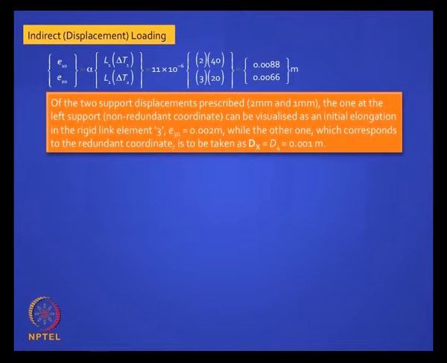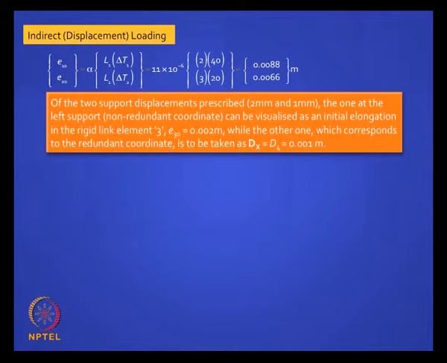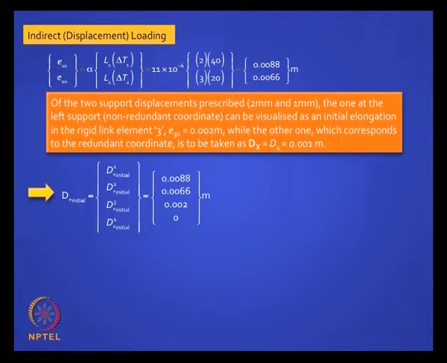Is it clear? But the second one, this is a tricky one, which corresponds to a redundant coordinate, because that fourth rigid link, the right end of it is your redundant location. So that will go to dx directly. So there is a little catch in this, it is a beautiful problem. Dx is d4 is 0.001. So if you want to write down the compatibility equations,